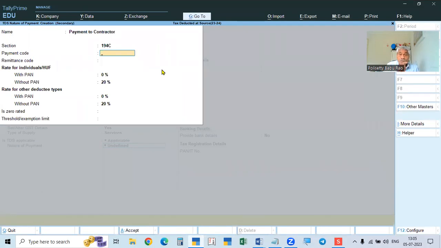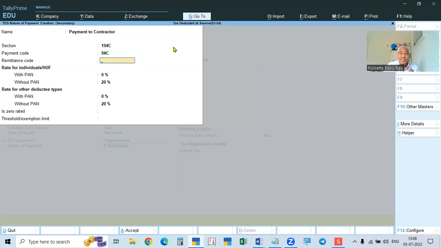There are 4 digits in the challan. When you are making the payment code we have to give only 3 digits. That is, there will be 3 boxes. We have to give 3 digits only. So in this case, 194C, 194J, 194I, all are 194 with different subsections. That is why the first one is common to all the sections. So remove that, and the balance 94C we can give. We should not create another box in the challan. Only 3 boxes. So the first one is common to all, 1 is removed and 94C we have to give.